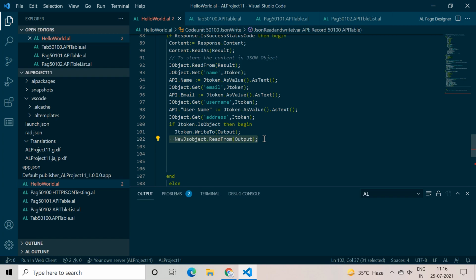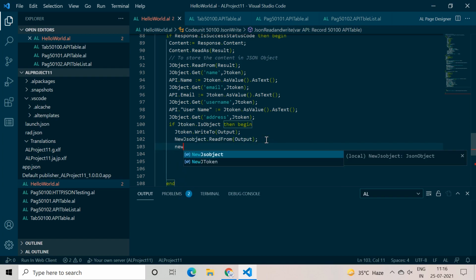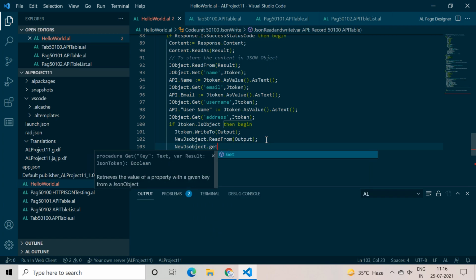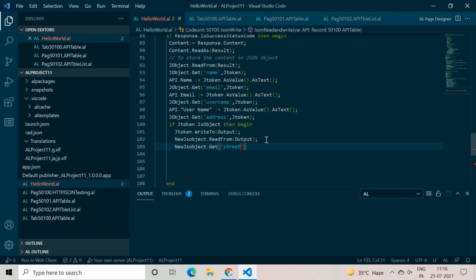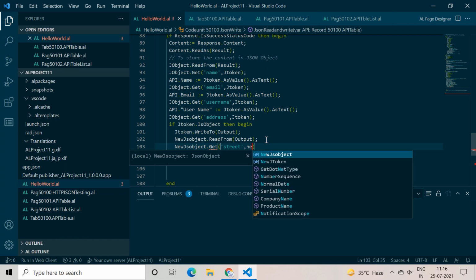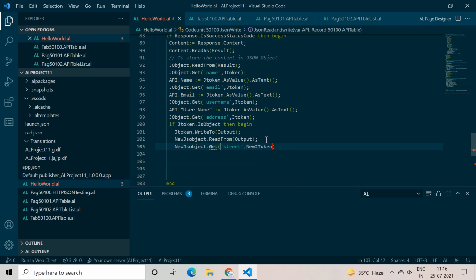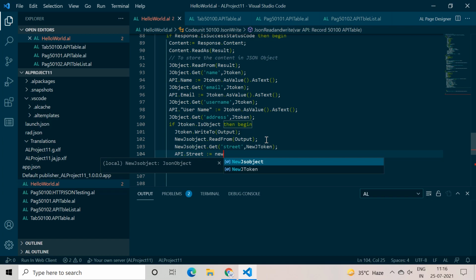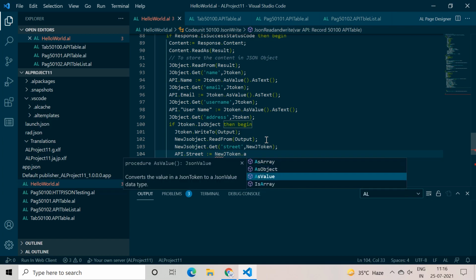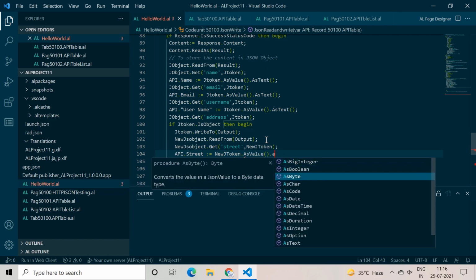All right, the rest of the thing is very much the same. Now we can easily write our code: street and new JSON token, and API dot street is equal to new JSON token dot as value dot as text.